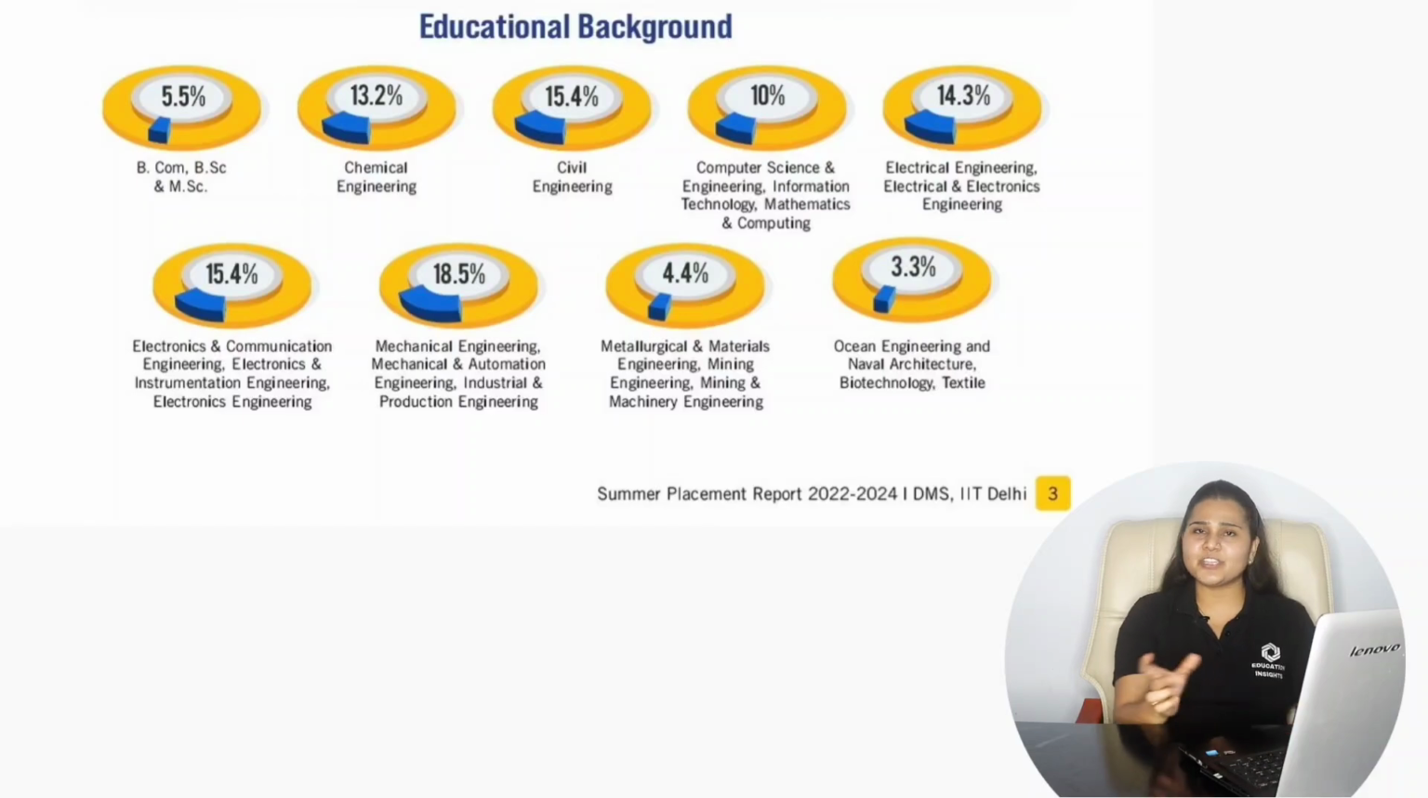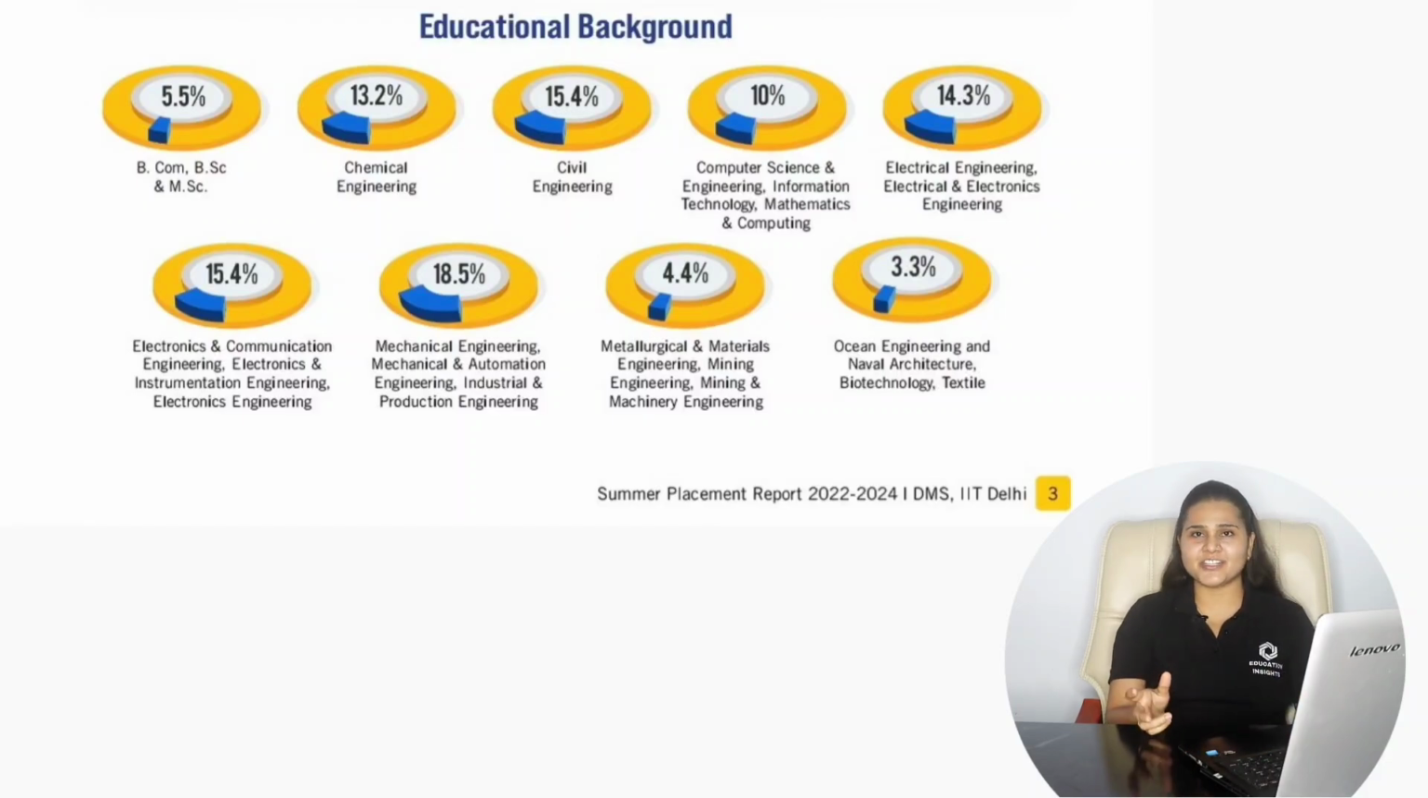10% of candidates have an educational background in computer science and engineering, information technology, mathematics and computing. 14.3% have an educational background in electrical engineering, electrical and electronics engineering. Then 15.4% have a background in electronics and communication engineering, electronics and instrumentation engineering and electronics engineering. Then 18.5% have a background in mechanical engineering, mechanical and automation engineering,